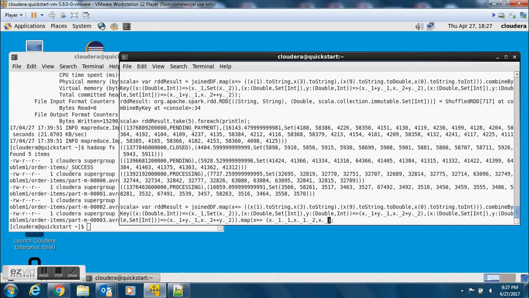Now the first element of the second tuple and second element of the second tuple. Good. This should work. Okay, now I'm going to get the size because I want a single number. I don't want all the order IDs. I want the total of all the order IDs. And as I mentioned earlier, we have used a set in order to